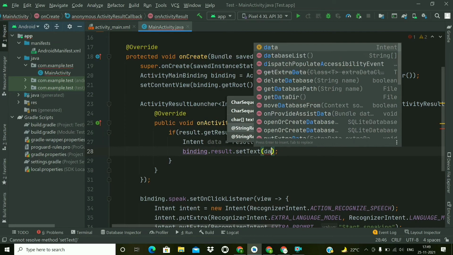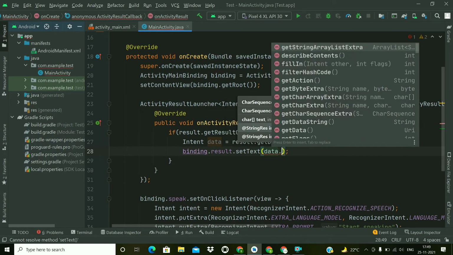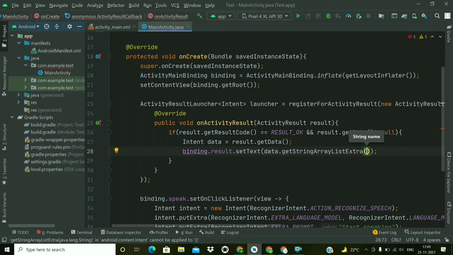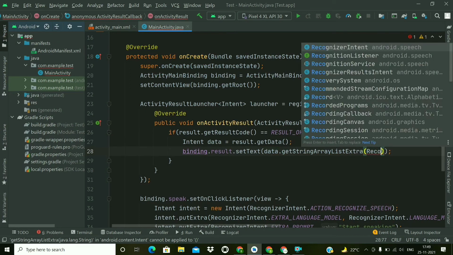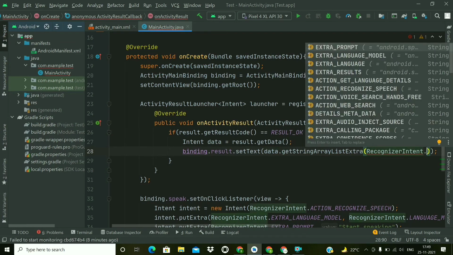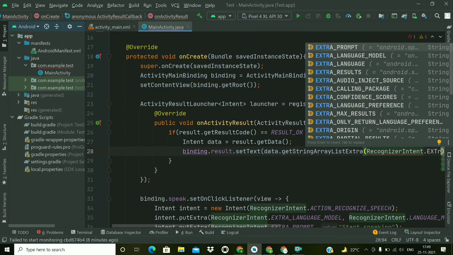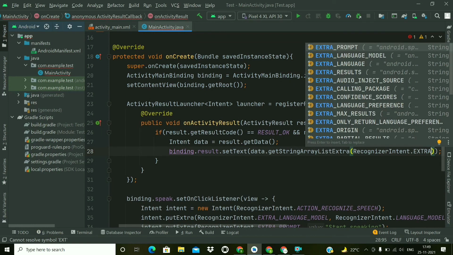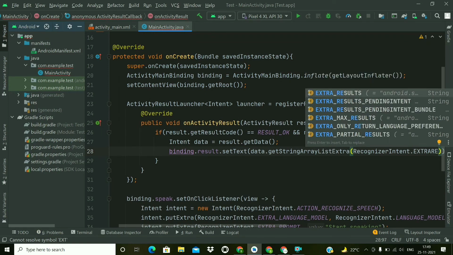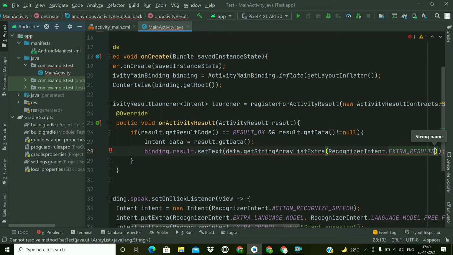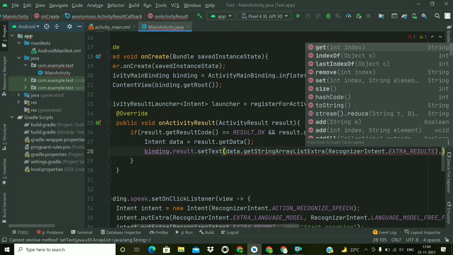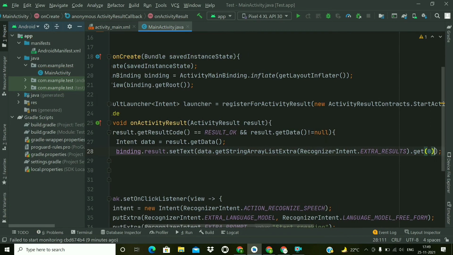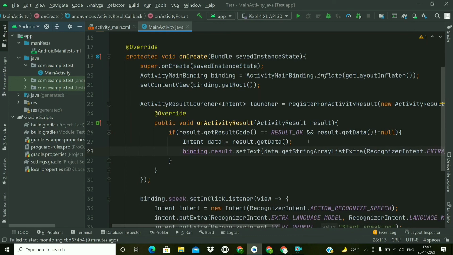So binding.result.setText and data.getStringArrayListExtra, and we have to pass RecognizerIntent.EXTRA_RESULTS. This is a string array list, so we have to get the 0th item from here, and the 0th item will be assigned to the text view.